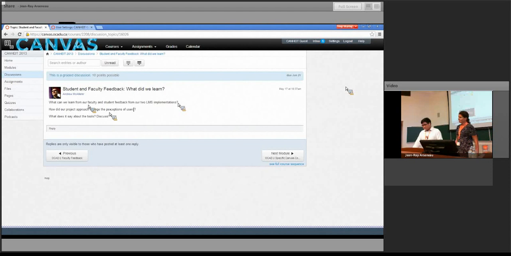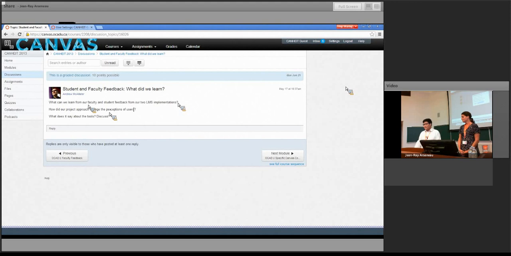Sure, so just going back to the discussions, you can either go from the module page or from the left-hand side under discussions. When you pull from the left-hand discussions tab, you'll see all the discussions within the course. From the instructor side, there are a few things you can edit. You can change the settings for whether students can create, edit, delete, and attach files. It makes it a little more collaborative in the classroom, which is what most professors and students really